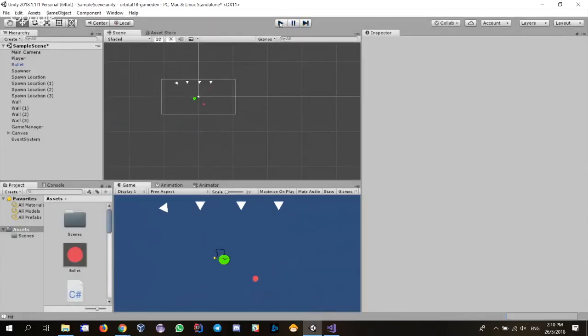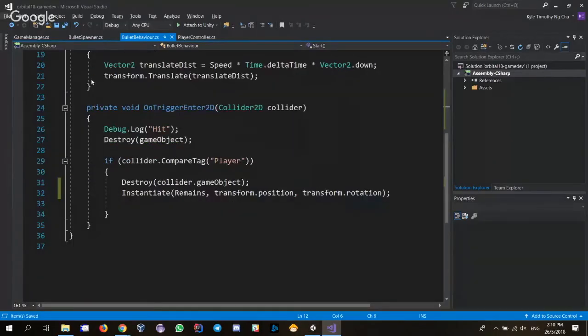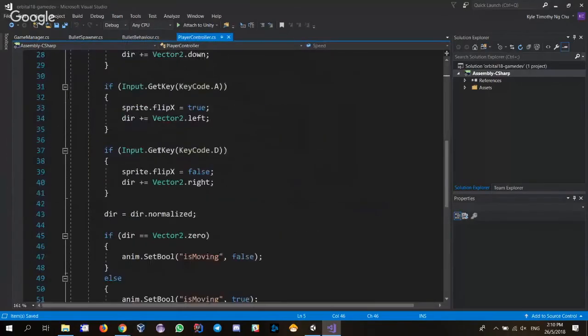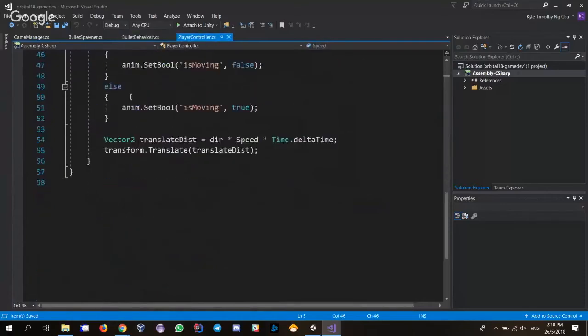So ideally, you wouldn't want the bullet to spawn the slime's body, because that's not the bullet's responsibility, right? Normally, you want the slime to be the one to explode, not the bullet exploding as the slime. So what we can do is perhaps create a different method for the player controller. So if I'm not wrong, we can,